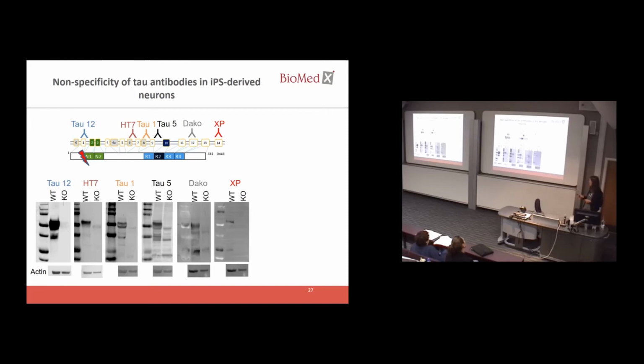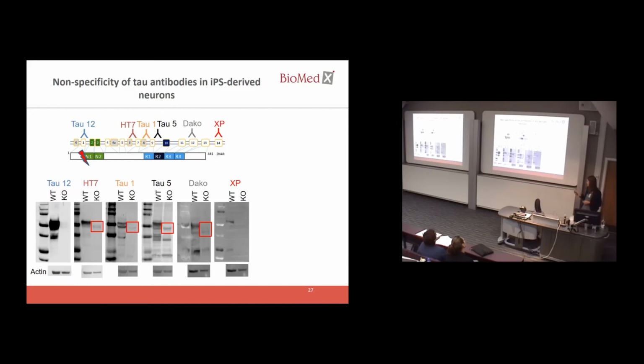But there are some exceptions. Especially, we were worried about this one band that kept popping up just a little below the wild type. Because we thought, oh no, we're cutting out exon 1. Is there an alternative start codon maybe that will make a truncated version of our protein? And because it was picked up by 4 out of the 6 antibodies that we tested,